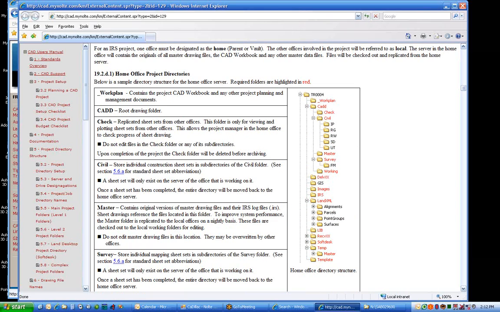What we're going to see is in your project there'll be some specific folders here, and I've highlighted in red folders that we require for an IRS project, and not all of these are required. For example, if you're not doing any land desktop, you won't need the land XML folder. But the main thing we're going to need is in your CAD folder, you're going to need a master folder